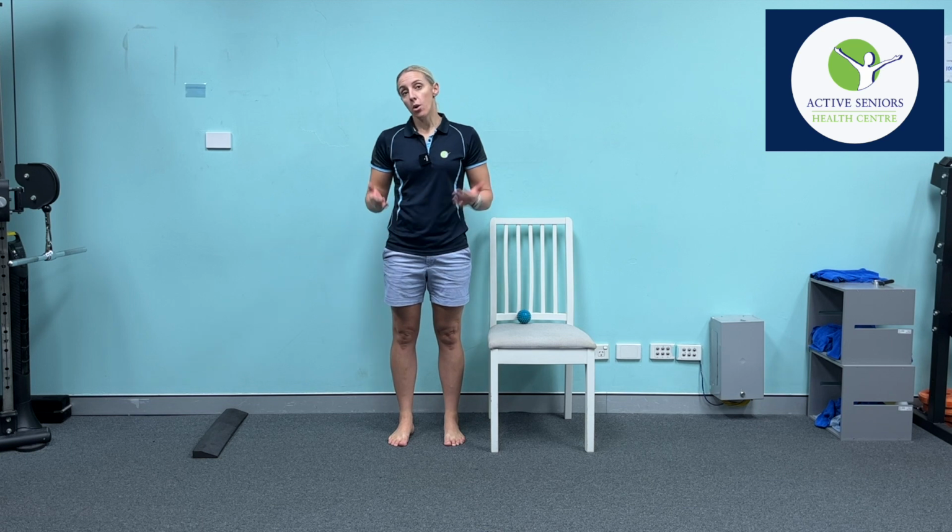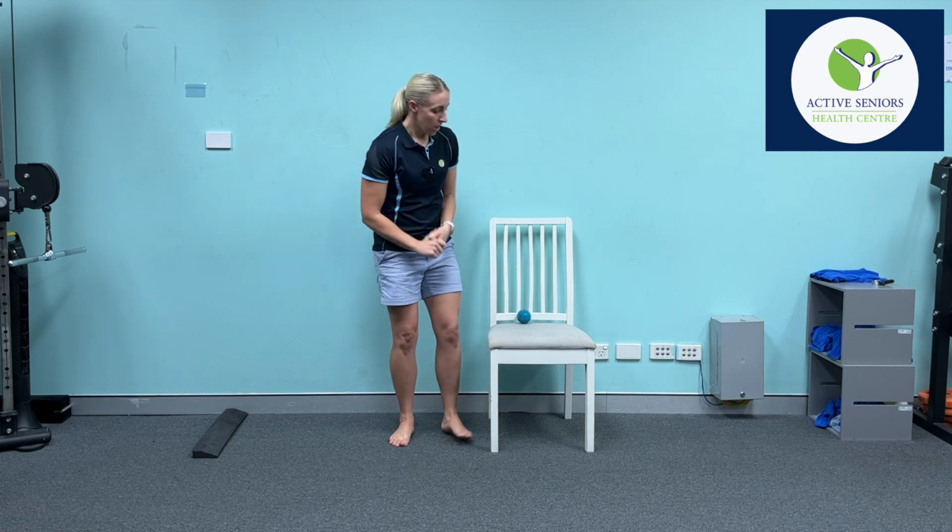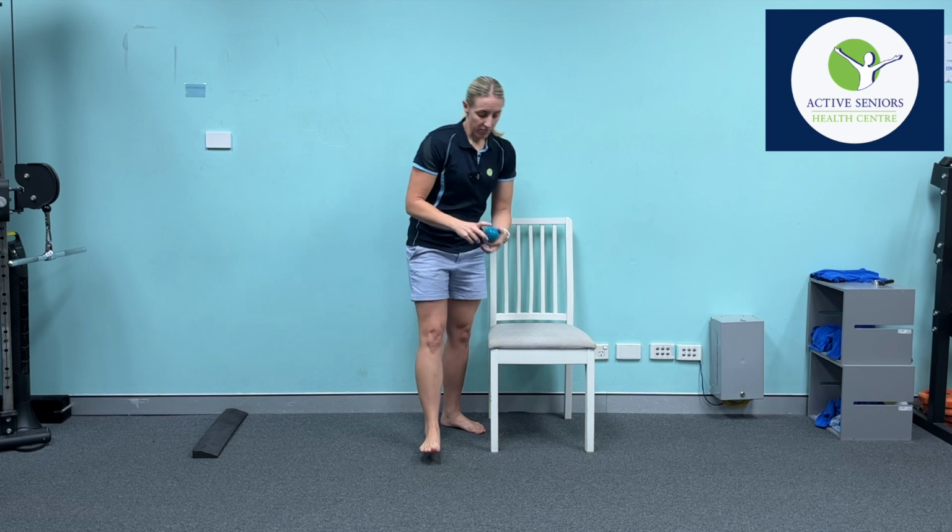So today, we couldn't finish the month off without giving you some exercises that were targeted at the feet. Obviously, our feet interact directly with the ground and have a really important role in balance. And I'm going to show you 3 simple exercises that will have a significant increase in your balance ability if you do them consistently. So the first of those 3, we're going to be sitting down and using a spiky